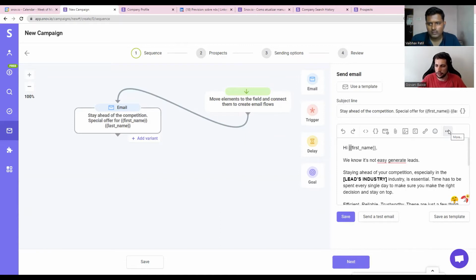The idea here is to create a good email. One thing that I like to tell people is to be careful with uploading images. If you do so, try to have them as compact as possible. Don't add too many images, because this is not email marketing. This is a prospecting email, so it's a little bit different.